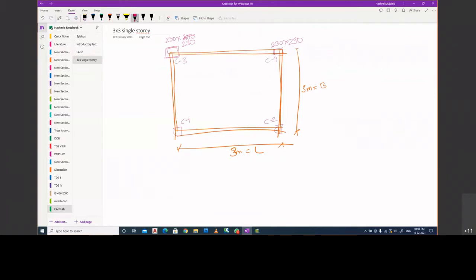Let us name these beams as PB1, PB1, PB1, and PB1. Okay, 4 plane beams we have. And if I try to draw the section for this one, over here. Okay. So assume these are fixed supports.